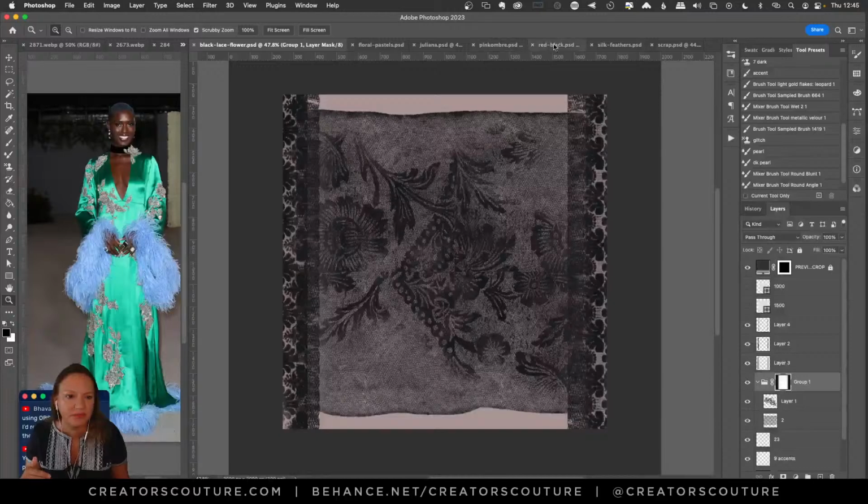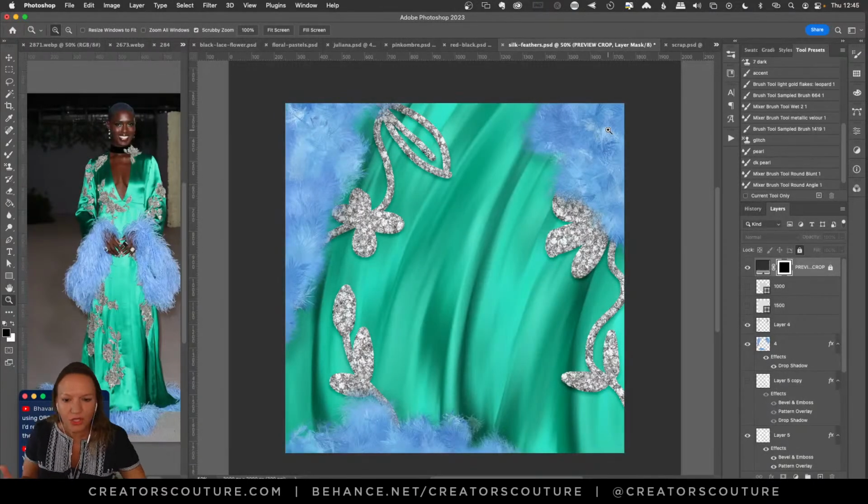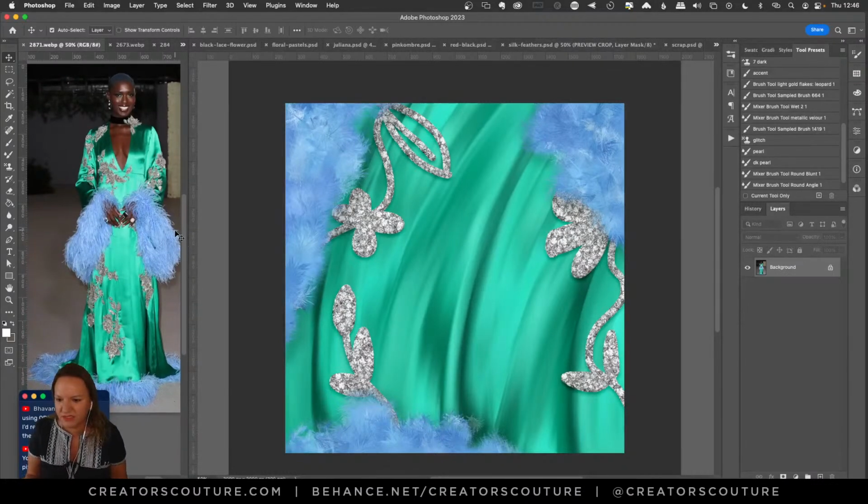I wanted to share with you guys a couple of the little tricks that I did to create this sort of vibe, and I think they will be useful for you in your own work. So the first thing I was going to do is go into this look here, which I love for that satiny effect, and I thought I would play with that for the background. I was going to use one of my wet paint mixer brushes, and maybe sample directly from the image, or create my own little color palette like I do for a lot of the wet stuff.